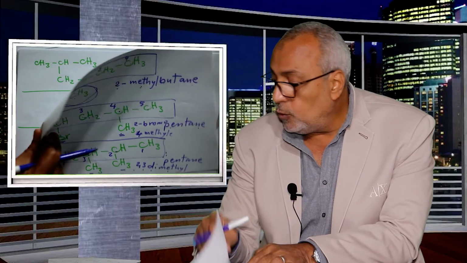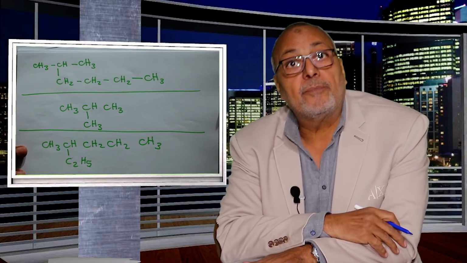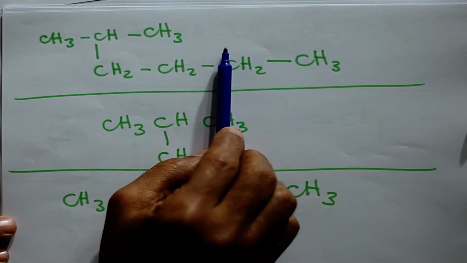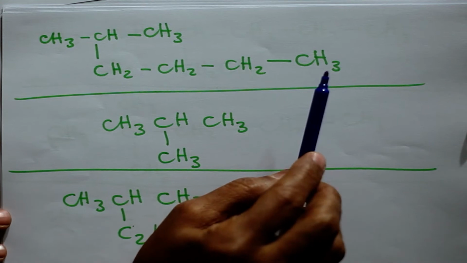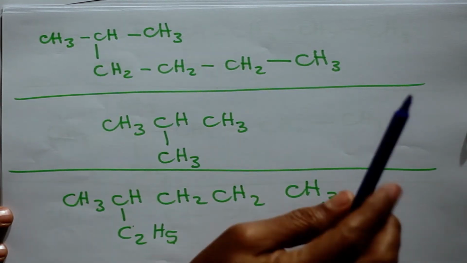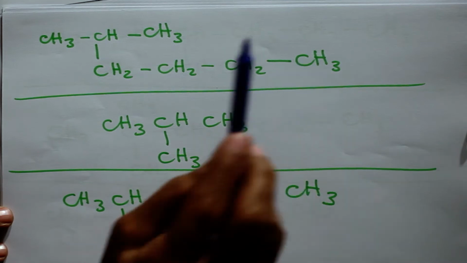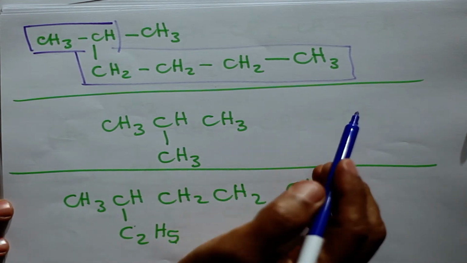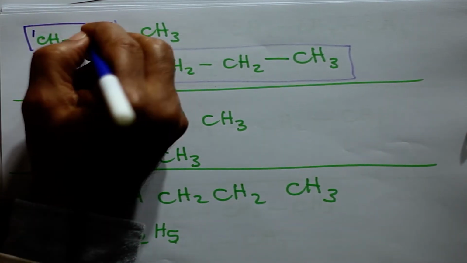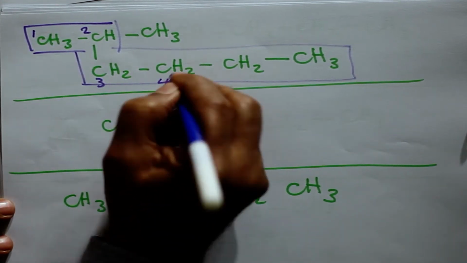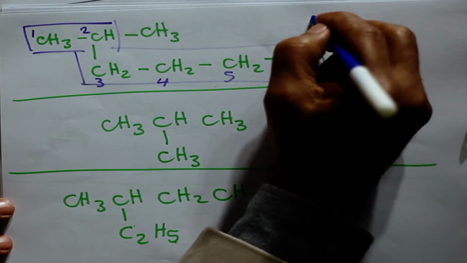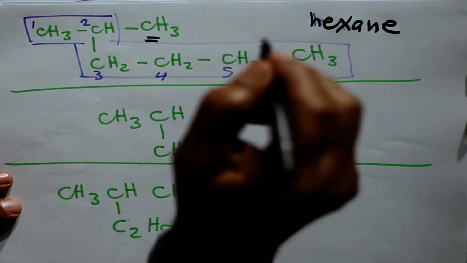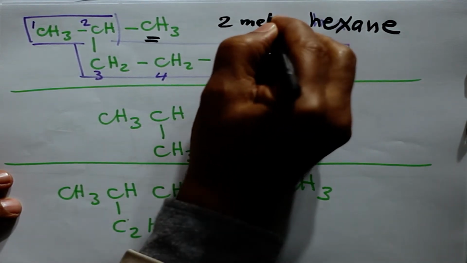This is the first rule of the I.U.P.A.C system. Another example: as we see, choose the longest continuous chain of carbon atoms. We can get 1, 2, 3, 4, 5, 6. Okay, take this chain and start numbering from this end: 1, 2, 3, 4, 5, 6, hexane. The branch is at carbon number 2, methyl. 2 methyl